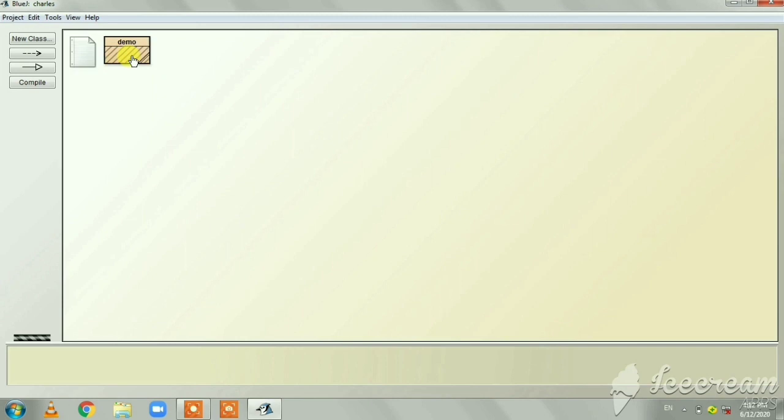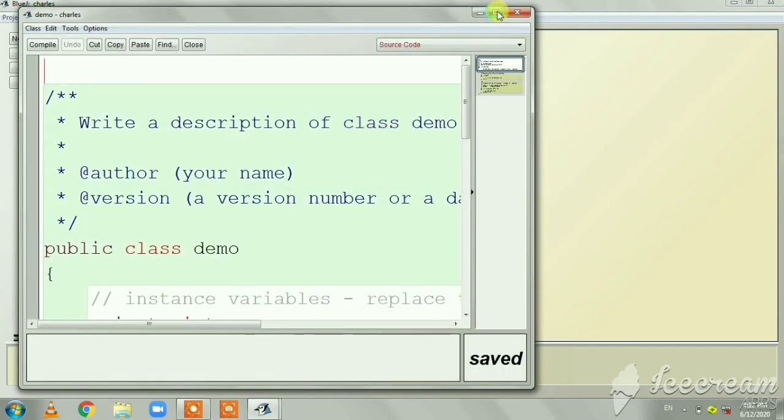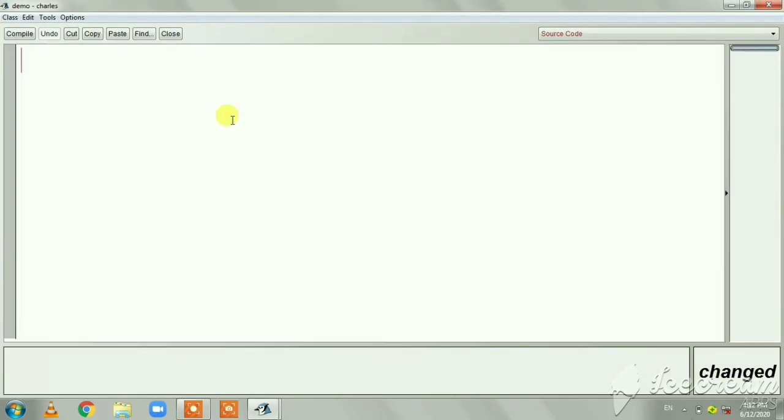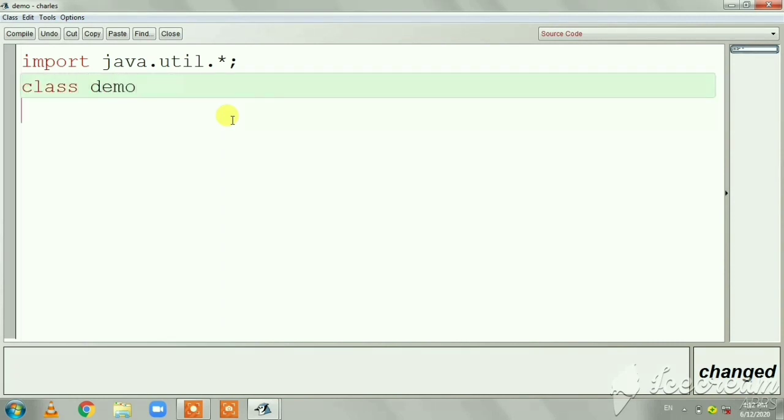Now we will see one example program for actual and formal parameters. First of all, I am declaring one package, import java.util.*. Now I am declaring the class. My class name is demo. Here I am declaring the user defined function. This function's return type is int.